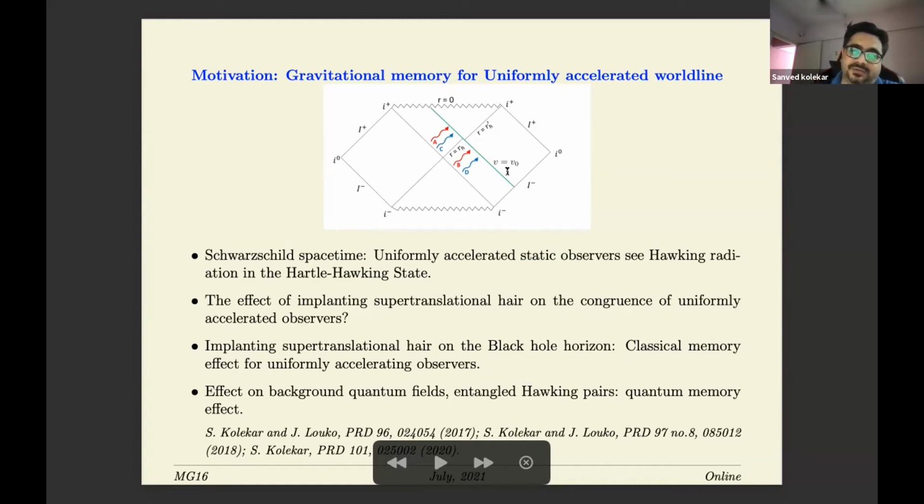If you have inertial observers, you get the usual familiar gravitational memory effect. But the interesting observers in this particular case, if you want to talk about Hawking radiation, would be the uniformly accelerated observers, which I just argued see Hawking radiation. So to understand what happens when you have this BMS type shock wave which falls in, how does it affect those observers? You need to first understand how to talk about Rindler trajectories in curved spacetime. If you could work out what happens to that congruence of trajectories when the shock wave passes, you would be talking about a corresponding memory effect for uniformly accelerated observers. This is described in the works which I have shown below.